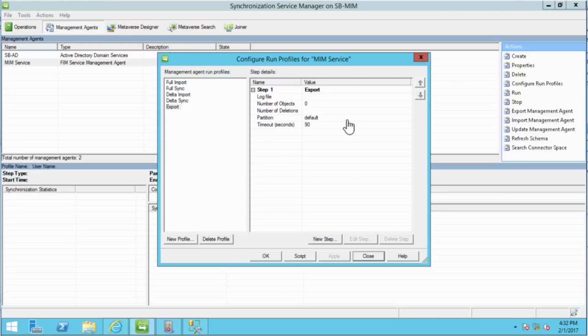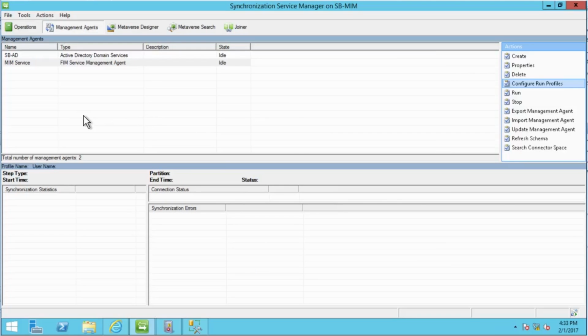Now we'll say OK. I'll start explaining those synchronization types when we actually start running those profiles. Now, one thing that we need to do,